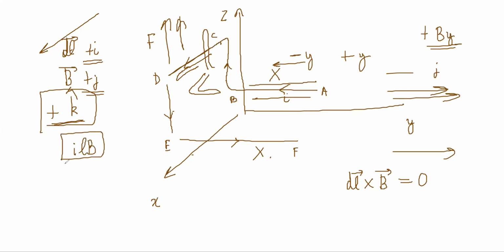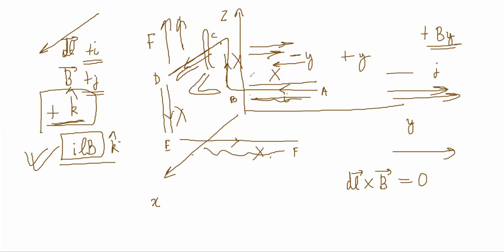Now, this and this. So the DLs are opposite, but the B's are same, no? DLs are opposite and B's are same. So direction should be opposite, right? So they should cancel, right? So this is the answer. Plus K, matlab, it will be Z direction. BIL in the Z direction. So be careful, divide that problem into subparts, see each part, and it is fairly straightforward if you understand how to do it, right?